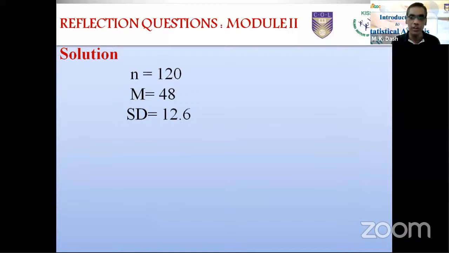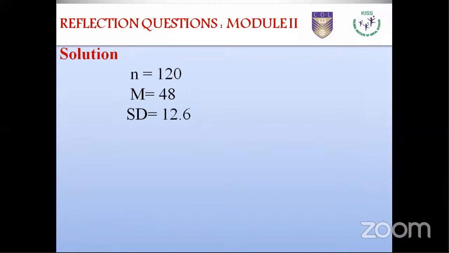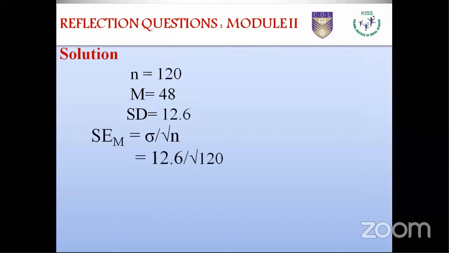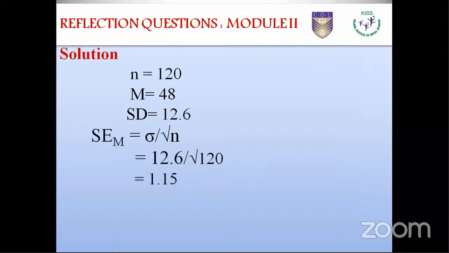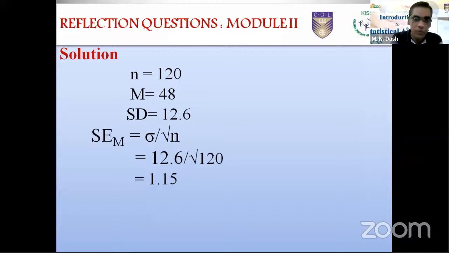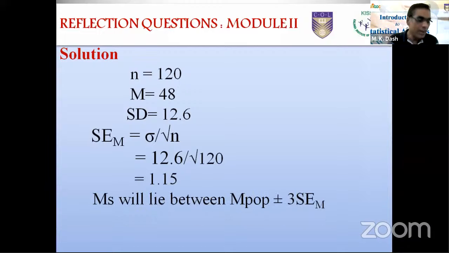If you analyze the question, this is the information we will get. I hope this is clear to you. Immediately find out the standard error of mean, which is already known to you. That is standard deviation by root over n, you will get 1.5. After finding out the standard error of mean,